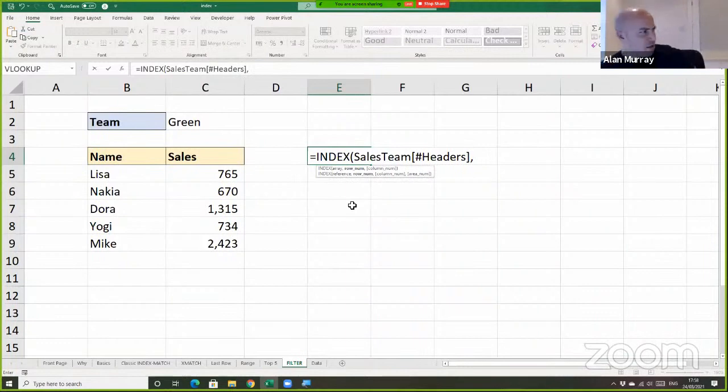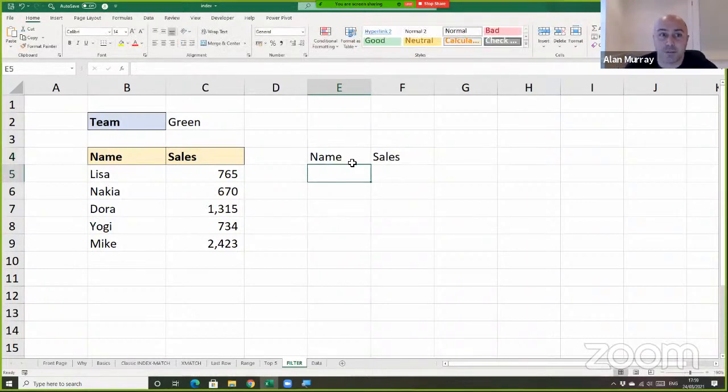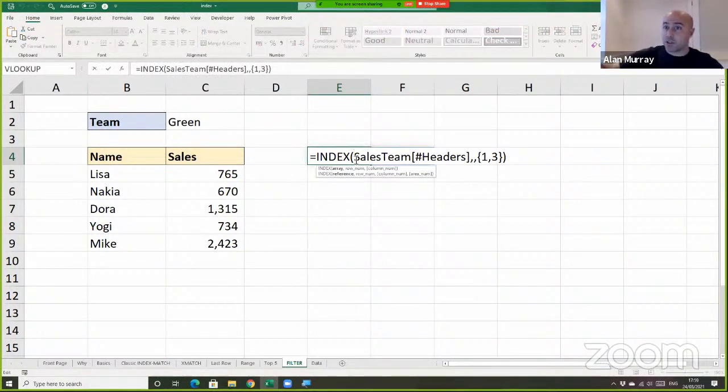Comma, row number. I don't think I have to provide it, but it's row 1. And then the columns, I'll just go back to these array constants, 1 and 3. And there's your headers. So if you wanted this formula approach, just like filter, if you've got these non-adjacent filters going, I need these columns, we could also do another formula just to bring back the headers as a separate